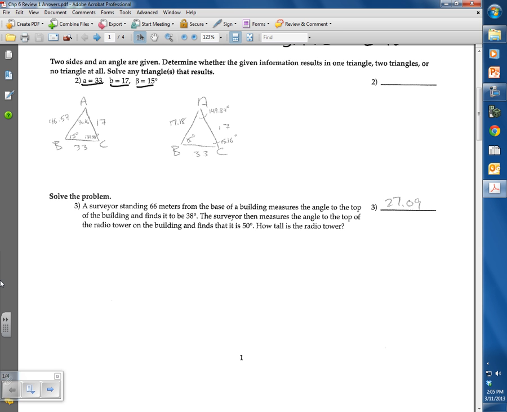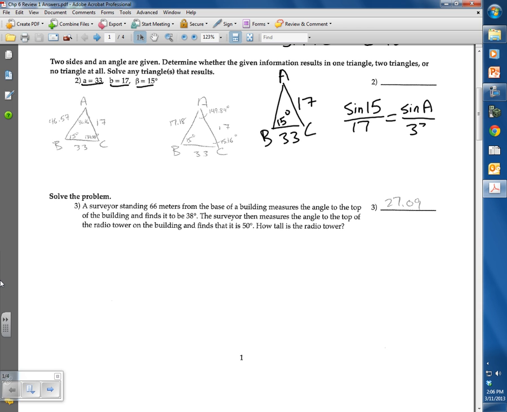Alright, so when we set this up originally, and we say ABC, we do have 33 for A, 17 for B, and 15 degrees for angle B. So we're set up ready to go with our law of sines. So we'll say sine of 15 over 17, 17 is across from the 15, equals sine of A